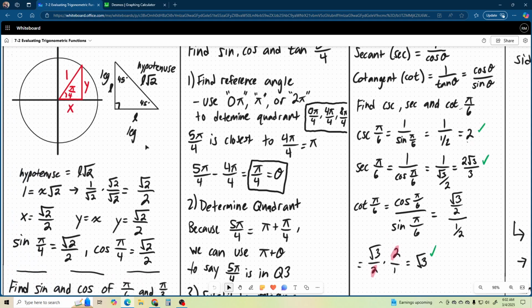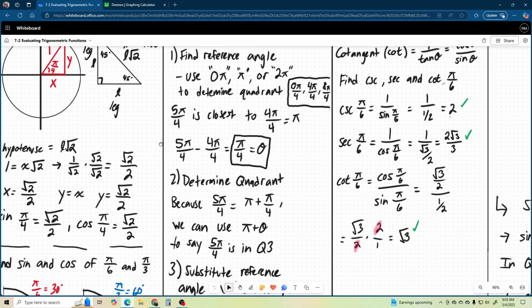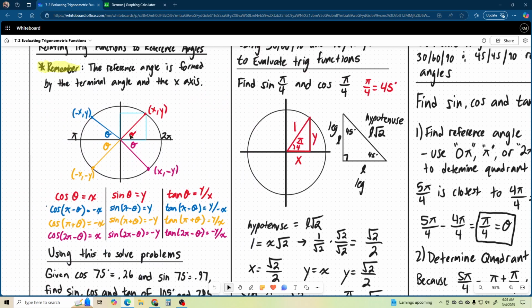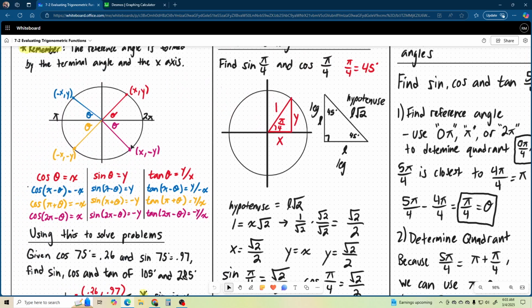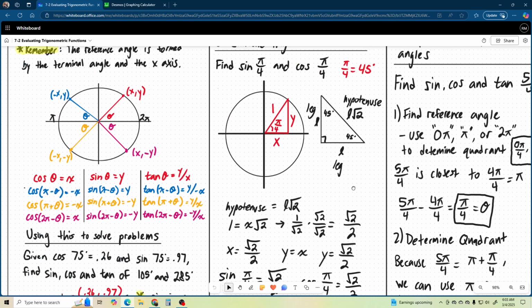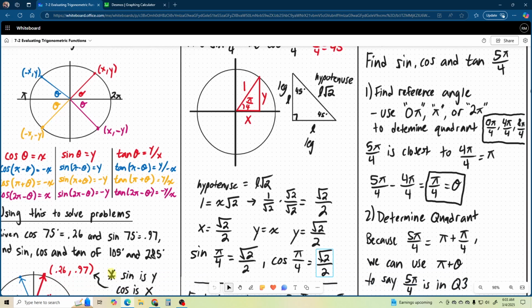All right, so now that we know that it's 45 degrees essentially, or pi over 4, we can just use our reference angles. It doesn't matter, right? If we go back over here, all of these thetas are all just pi over 4. It just matters if we're adding it or subtracting it according to the x-axis, and that'll tell us if the values are positive or negative for cosine and sine, right? So in quadrant 3, which is the one we're talking about, everything is negative, right? And we also know that for pi over 4, all of our legs are the square root of 2 over 2,